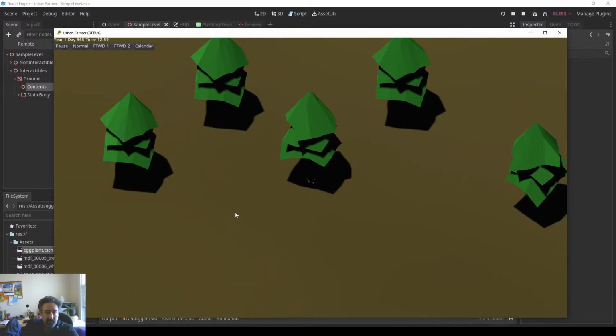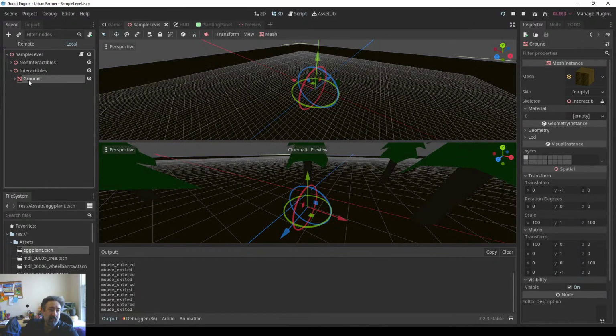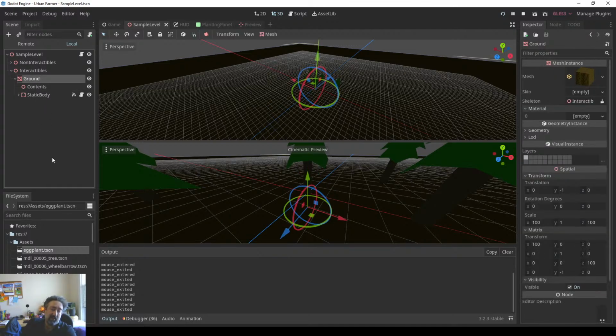So now if I plant more stuff, they will all be placed here. Our goal is to have multiple interactable objects, multiple objects like ground, and whichever one is clicked, we have to be instantiating the previewed object inside that, but also respecting its parents. And that position information is important and relevant to a certain extent, because